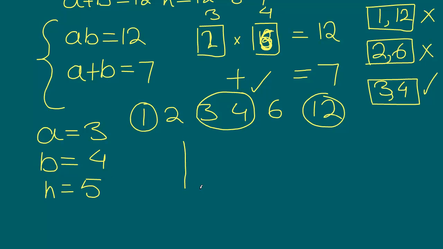So going back to the three sides of our right triangle, we had assumed this is A, this is B, and this is H. So we have seen that A is 3, B is 4, H is 5. It doesn't matter which is 3, which is 4, but the three sides are 3, 4, and